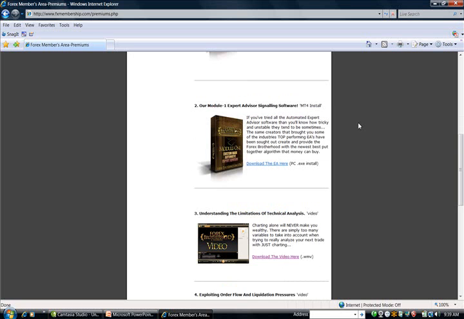Right here, number 2, Expert Advisor Signaling Software. This is an automated robot. You don't have to use it. You're welcome to use it, but even if you do use it, I can't stress this enough: a robot is only going to do one thing for you, and that is discipline your execution. It's not going to teach you how to manage trades. It's not going to teach you how to look at time frames. It's a tool